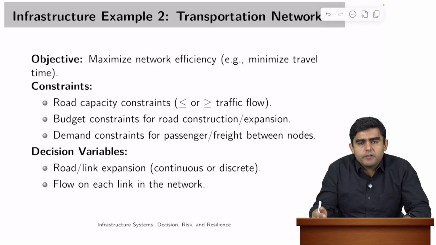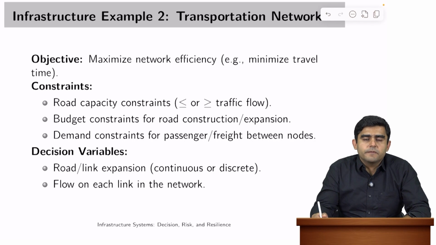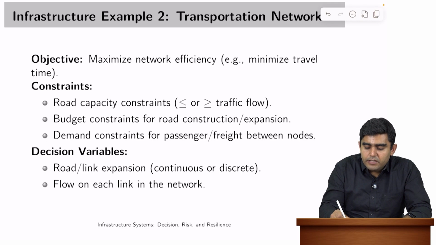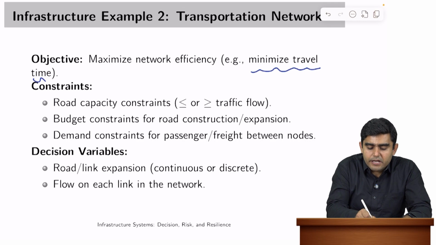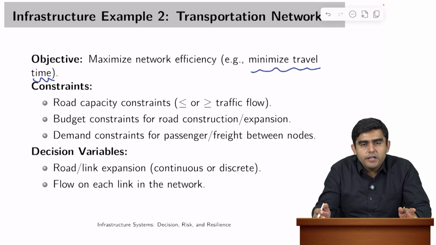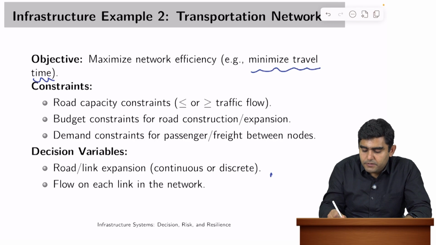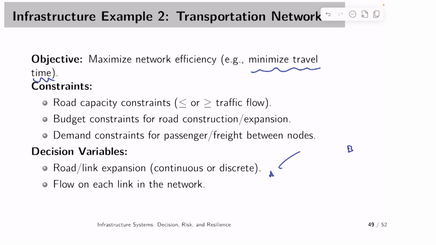One such example of transportation problem is to maximize the network efficiency. When we talk about network efficiency, we essentially mean that we are minimizing the travel time while traversing over the entire network. So, for example, if somebody has to go from location A to B and multiple routes are available, some of them are direct routes, some of them are via routes, depending upon condition of these roads or width